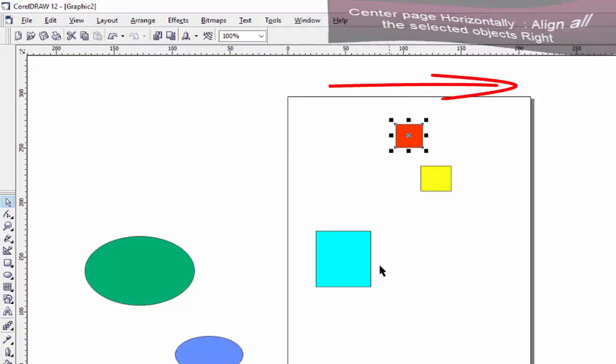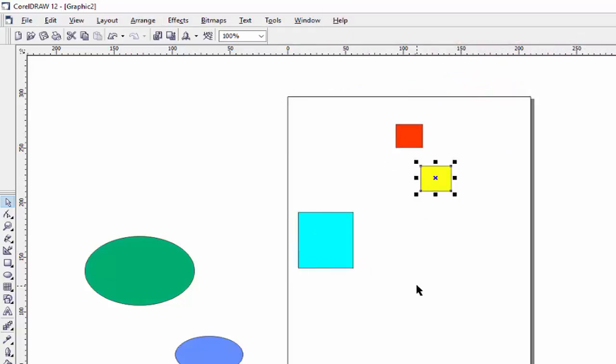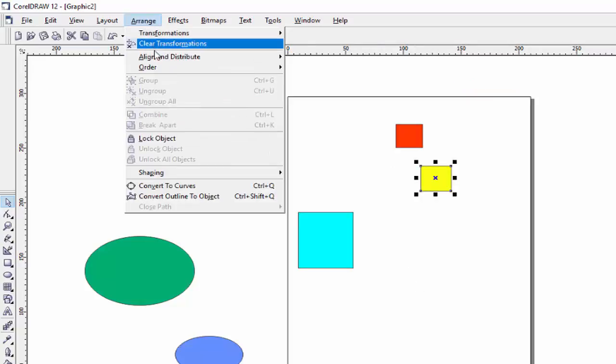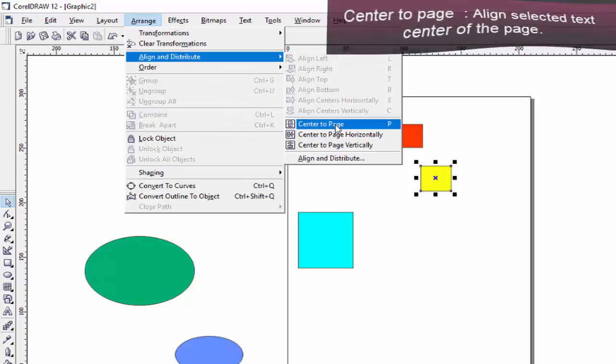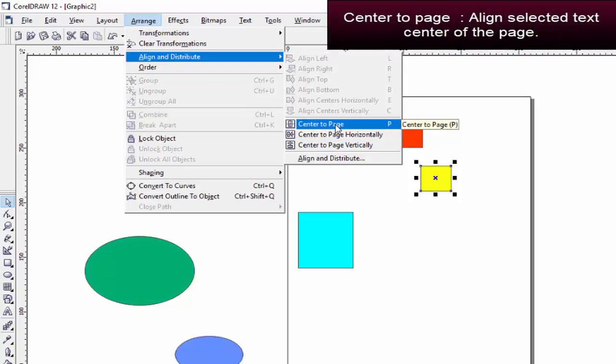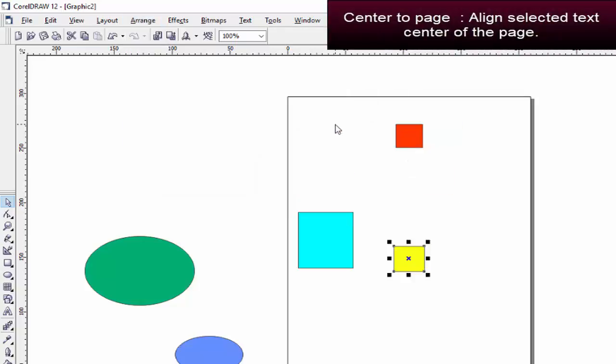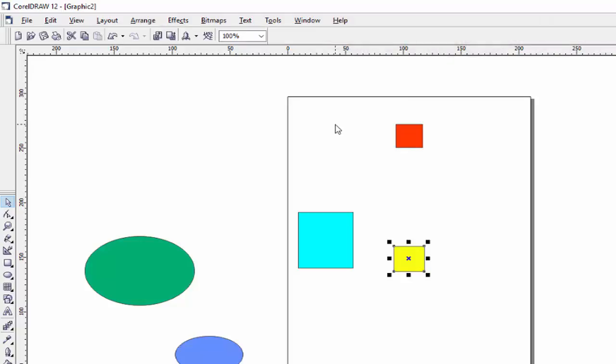And similarly, if you want to put this object in the center of the page, then you can use this option, center to page, or shortcut key P. Click on this option. Now the object which is selected by us is in the middle of this page.